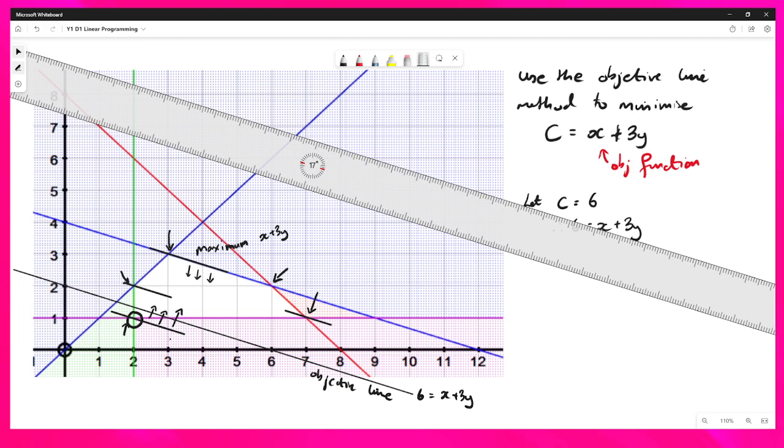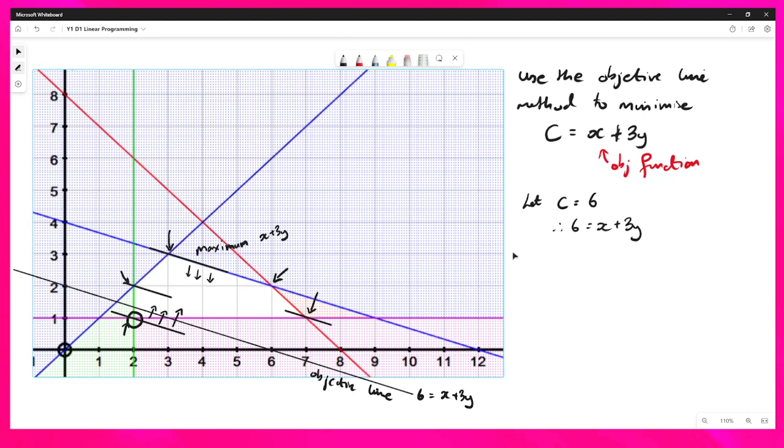Now, what I like to do to show that we've used the objective line method is do like I've done here and draw little versions of the objective lines at the various vertices. We didn't need to do this one because it's along the line. Once you've identified which of the points satisfies the objective, we can just look at that point and read it off. So we can see that the minimum C occurs at the point